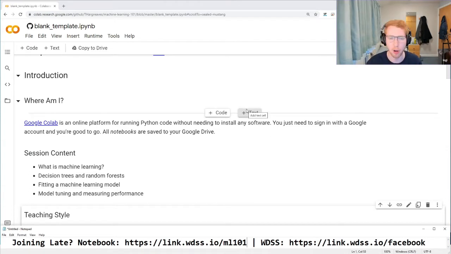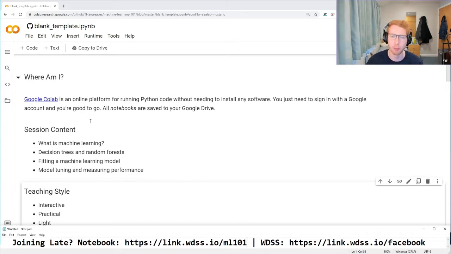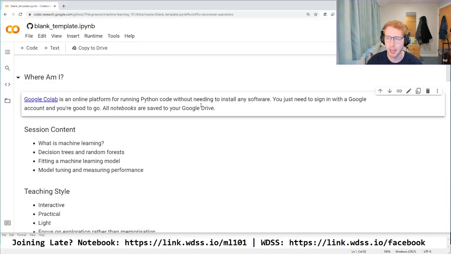Okay, so we have this notebook open. This is a site called Google Colab, and it's an online platform for running Python code. Basically, Python can be a pain to set up, and so rather than trying to do that, we're going to do it all in the cloud. Google kindly give you a load of free resources to run your Python code. All you need is a Google account. So if you go on to this site, you'll be able to use it. If you try to run anything, it will ask you to sign in with a Google account. If you don't have one of them, you might want to make one now while we're just running through the